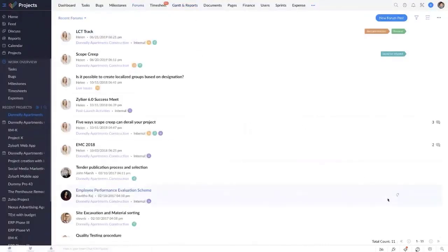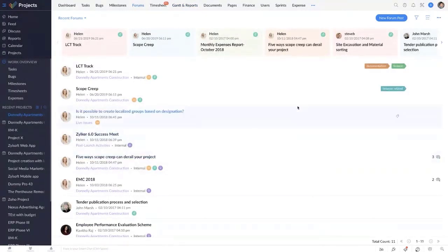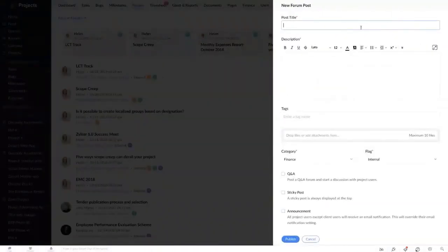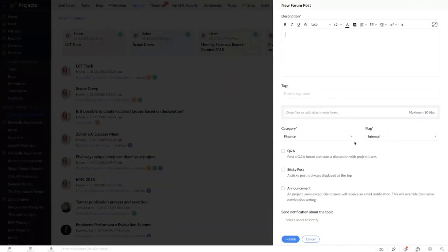So moving on to the collaboration features that are available in Zoho Projects. First one is the forums. With forums, you could post a topic and let your team share their views to know the exact requirements to start a new project or have discussions about an ongoing project. To create a new forum, click on New Forum Post, give it a name and a description which are default, and select the category and select if it's going to be an internal forum or an external forum. Meaning, if you have it as an internal forum, only your portal level users would have access to it. But if it's an external forum, both your portal and client users would have access to it.